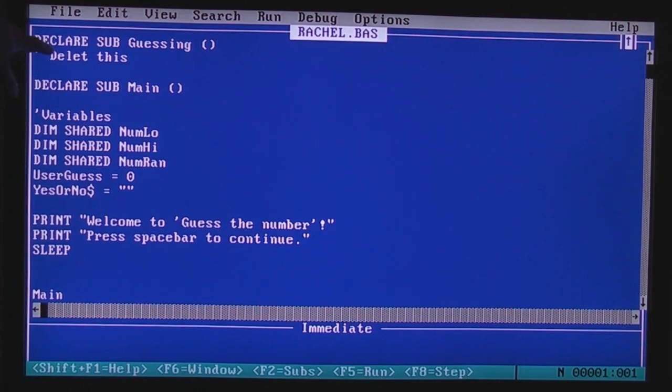You'll notice that these declare subs are all the way up here. The first difference we noticed between QBasic and the original QBasic is that in QBasic you can't put these declare subs after a command like print, sleep, or where these assign variables. The declare subs need to be the first thing that happens, you could say. It's fine to declare variables before subs, but you can't assign them or do commands, because you will get an error. In the other QBasic, it doesn't really matter where you put the declare subs. Apparently, that's just fine. And of course, when I wrote this program in my QBasic IDE, I used a little